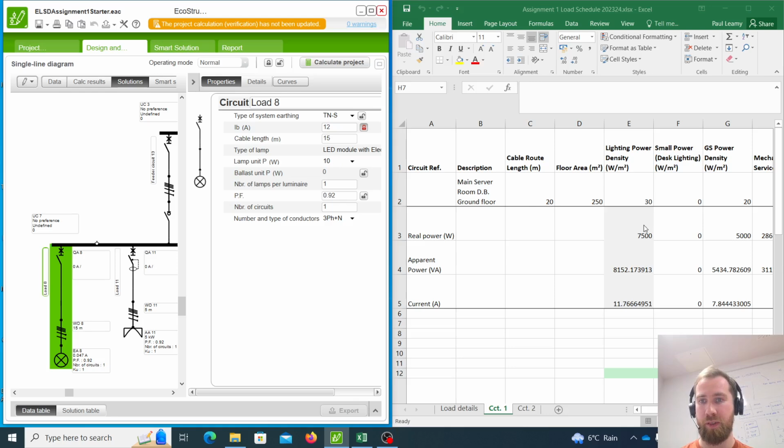So because I've done out my calculations previously, as in this is going to be the line current for this, I can put that line current straight into this design. In fact, I've done it already. It says 11.766, but I'm putting in 12 just for simplicity. And then we have a cable length. Again, this was left up to yourselves. I'm going to leave it at 15 meters. Not that it will make a huge difference, but I haven't specified that, so